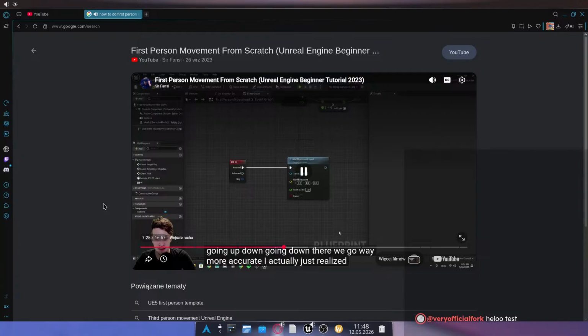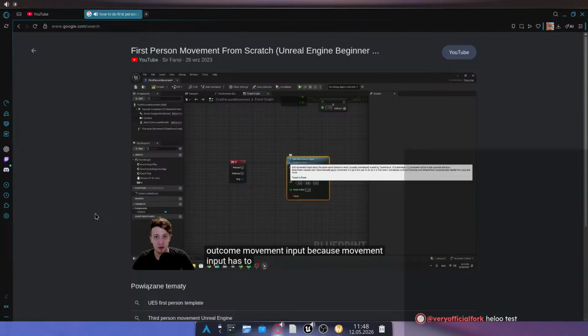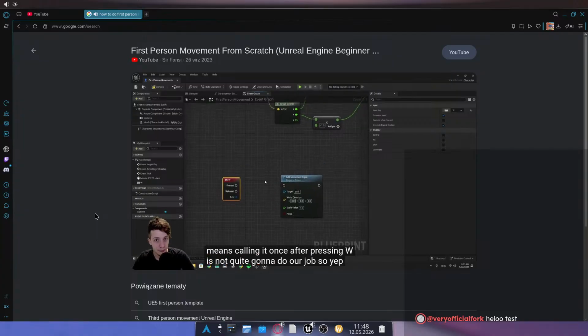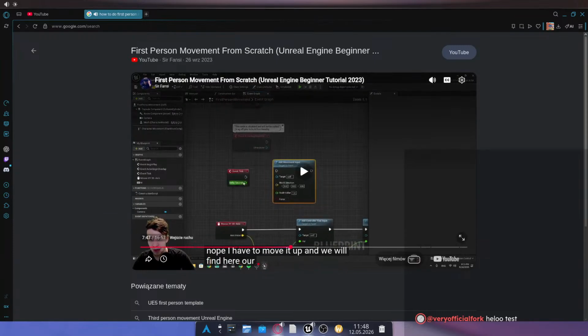I actually just realized I made here one pretty big mistake. This code will not work. We gotta disable our movement input, because movement input has to be added every frame over time, because it's moving just a little bit every time you call it. That means calling it once after pressing W is not quite gonna do our job. So yep, nope. We're gonna have to move it up,